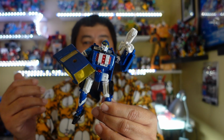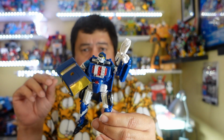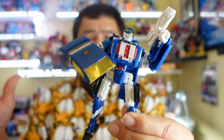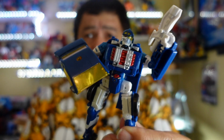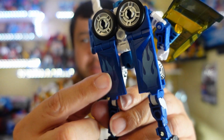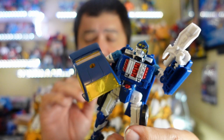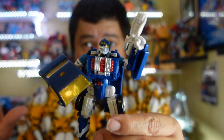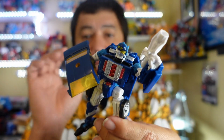The deluxe class figures have been really doing a lot for me, and I know this is just a repaint and a little bit of a retool of Shadow Striker, or Cloud Striker, or whatever her name is, but I like this paint better. The blue, the yellow, the flames on the back, I think look so much better. I love the blue, white, and yellow. Nothing wrong with the purple, don't get me wrong, but I think this looks really good, and I think it's a pretty good representation of the RID